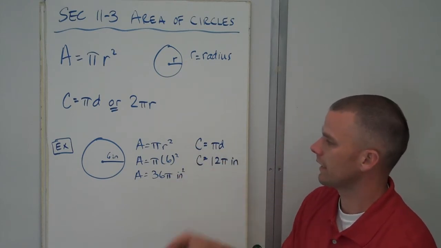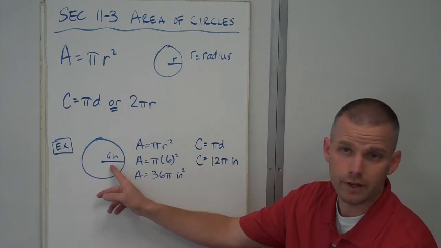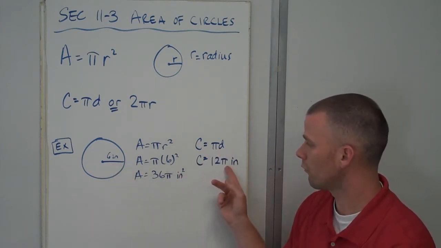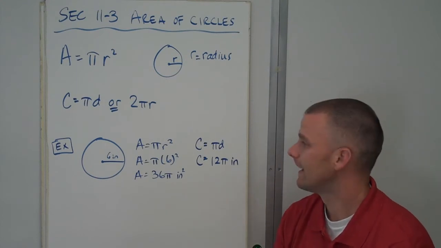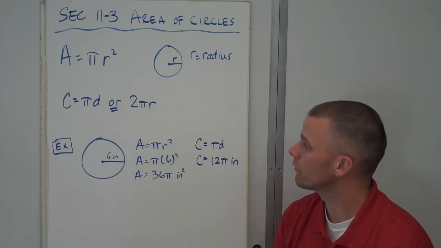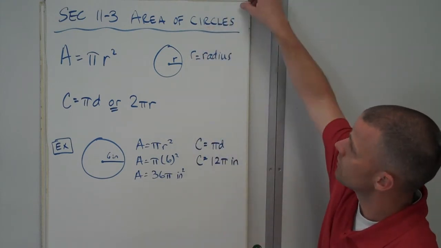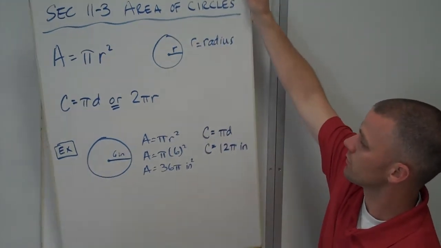Circumference, pi times the diameter. If the radius is 6, the diameter has to be 12, so our circumference is just 12 pi inches. So we've got our area and circumference. All right, pretty basic. If we move into some harder examples,